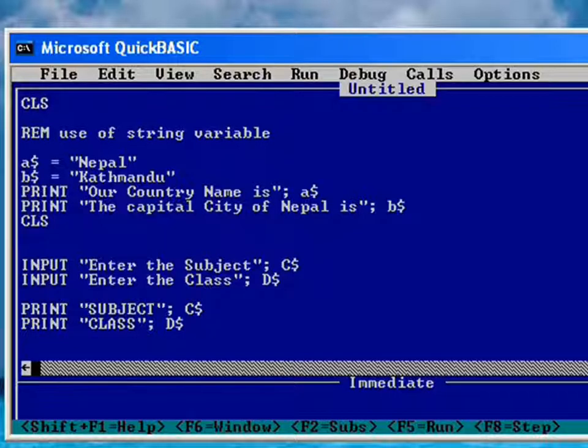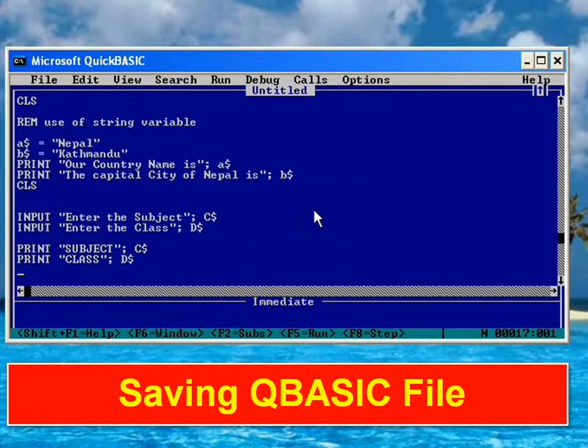Press any key to continue. Okay, this is the use of string variable. Here we have used $ sign. Now let's work with numeric variable. Let's save this